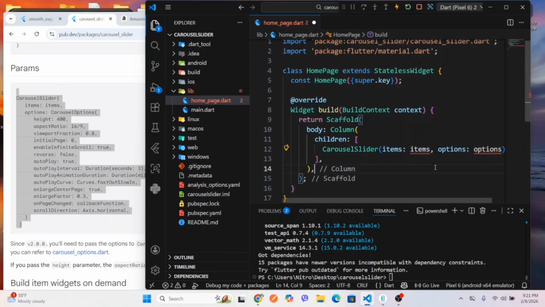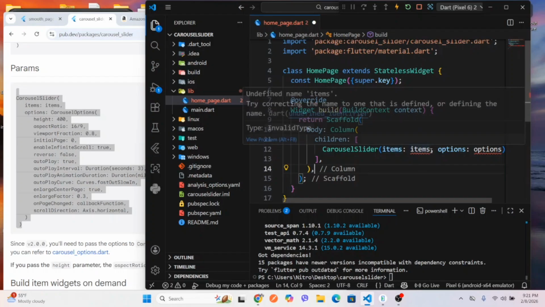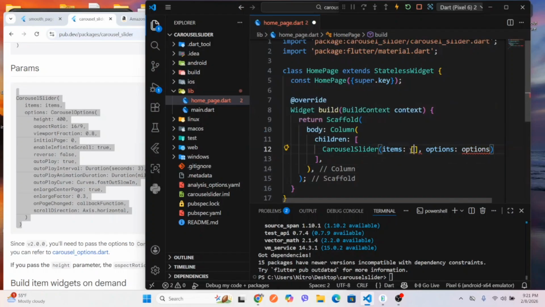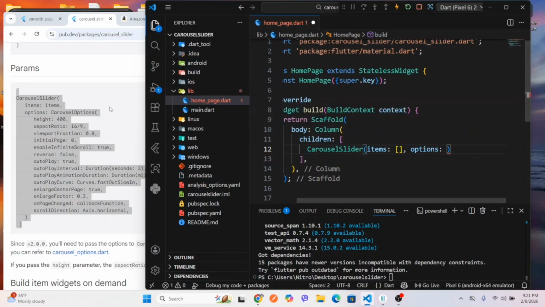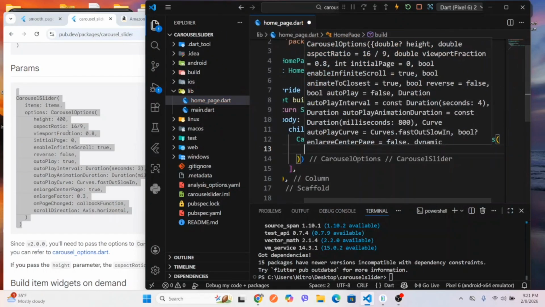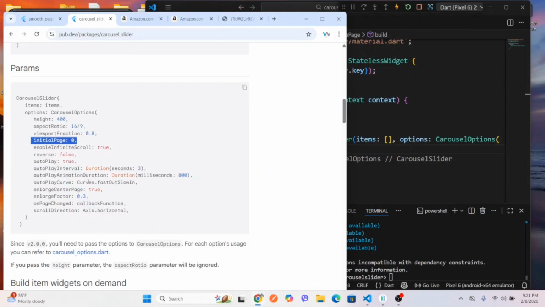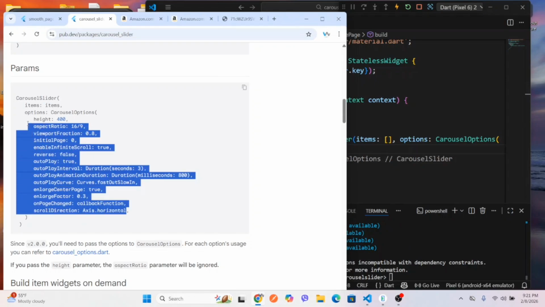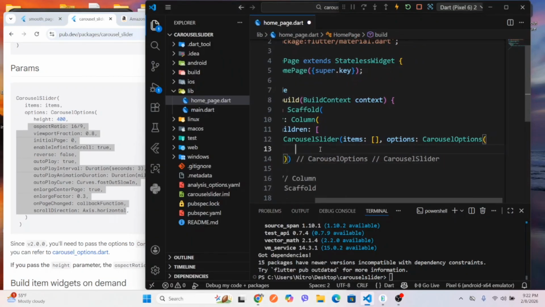Okay, in the items you can put the list of widgets. Let's make it blank for now, and for the options, put this property CarouselOptions. Okay, you can give the height, aspect ratio. You can also give the initial page. Okay, and autoPlay true. You can control the slider from here. Okay,